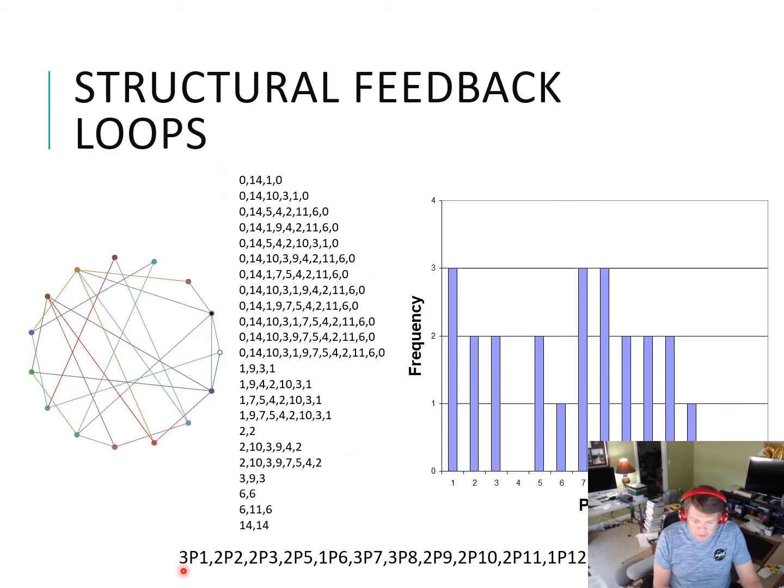So we can see that this has 3 period 1 attractors. This network can converge to 2 period 2s, and all the way up to a large period 12 attractor, or cycle, where this system, depending on initial conditions, will find itself in a state where it's repeating a pattern of 12 different configurations. And the histogram on the right is just showing the number of attractors with particular periods for this particular network.